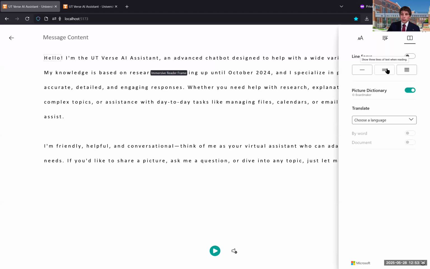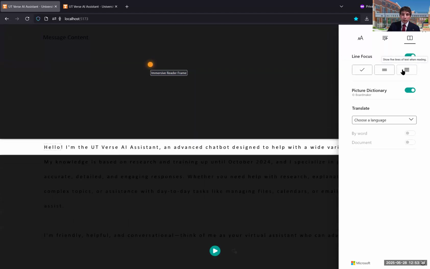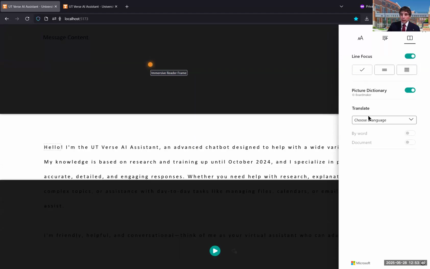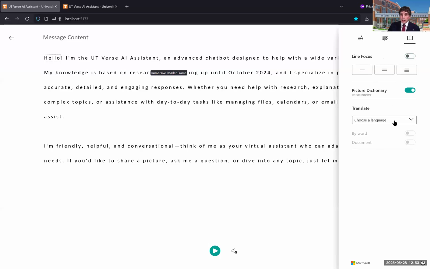It allows you to also do line focus. You can change how you focus as you're reading. It also does the translation, and you can pick the translation. You can do it by word or for the entire document. When you click on a word, let's say,